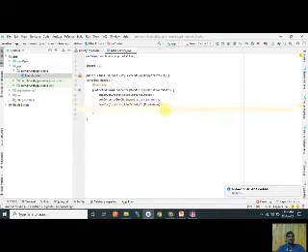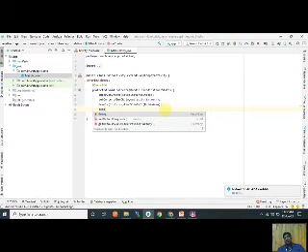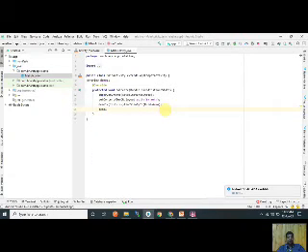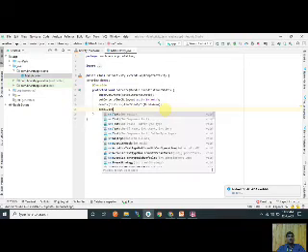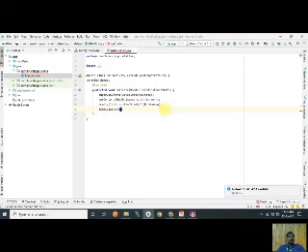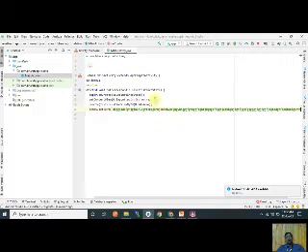So demo1 dot set text, and give any text here. Now the static text is removed from that text view and this text is automatically adjusted into that text view. Now I stop this.